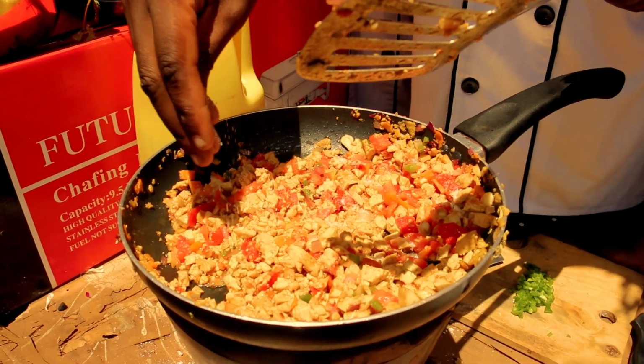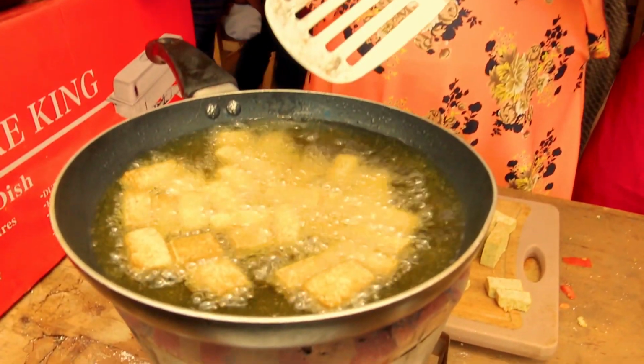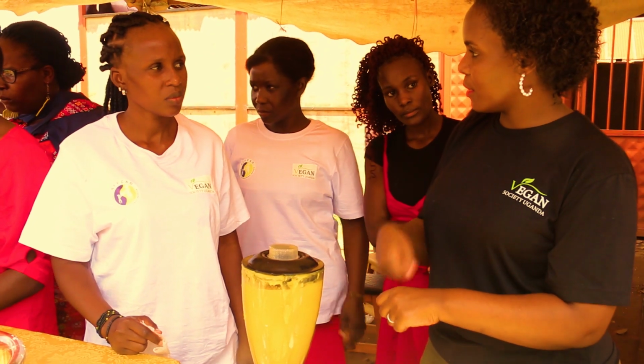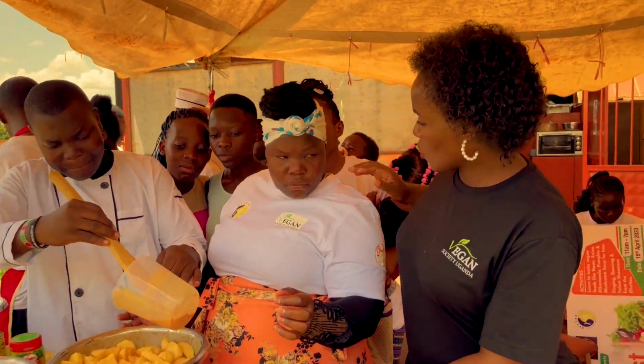So we want these women to be able to offer pumpkin soup, tomato soup, carrot soup, vegetable sauce, and so much more. This means we're improving their livelihood, and so there are options for both meat eaters and non-meat eaters. Navasa urged Ugandans to go vegan, especially for their health, to avoid non-communicable diseases, which are a burden to